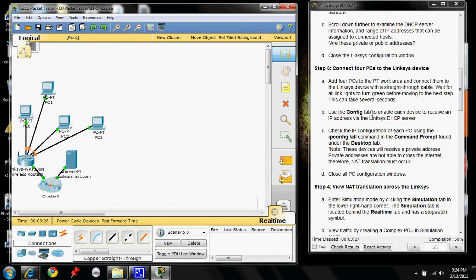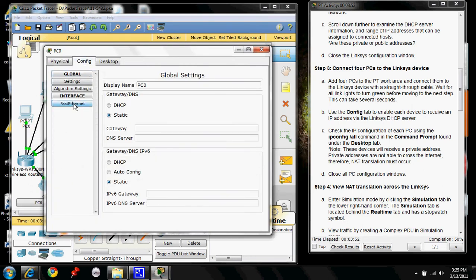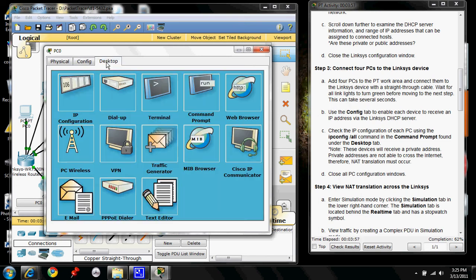Okay, now we're going to use the config tab to enable each device to receive an IP address via the Linksys DHCP server. Check the IP config on each PC using the ipconfig /all command in the command prompt found under the desktop tab. So we're going to click on the first one. We're going to go config here. It will give us an IP address. We're going to go desktop,